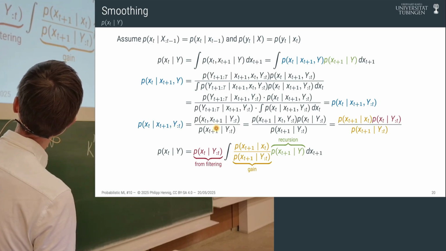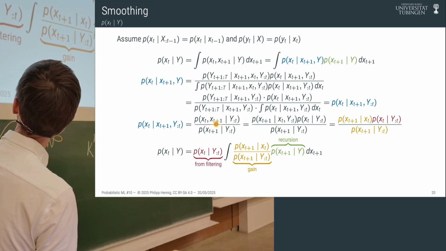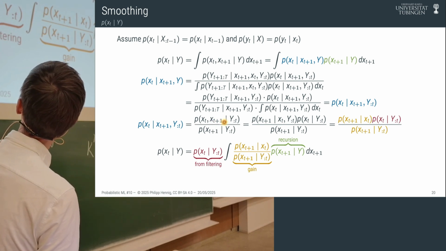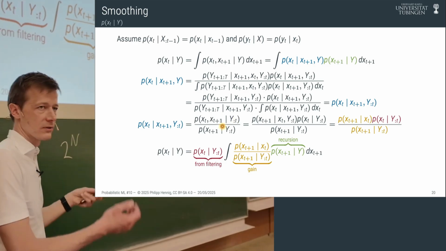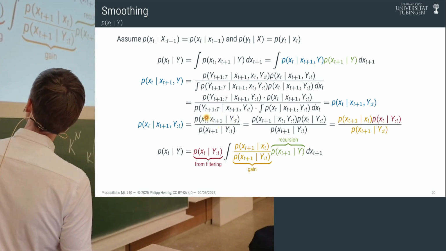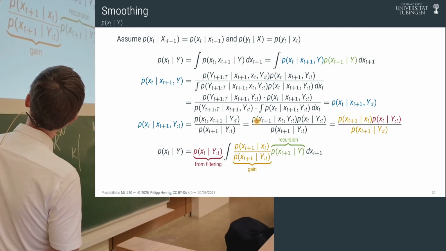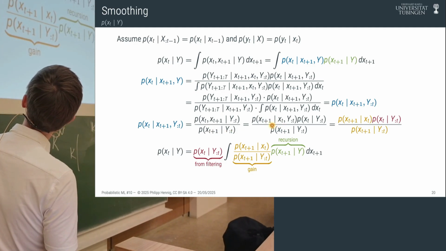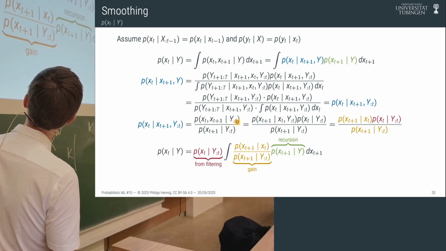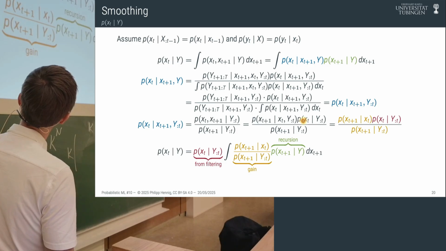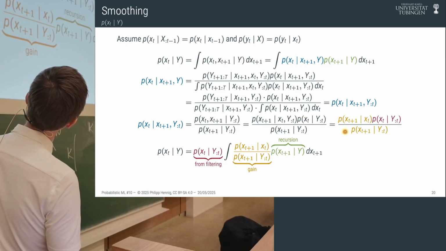And here we can again use Bayes' theorem, rewrite things. So basically not Bayes' theorem, it's the product rule, right? Here's a joint, here's a conditional, so we need to normalize. And then this is a joint distribution over xt and xt plus 1, so we split that up again using the product rule. And now we get an expression that I have colored in a bit.